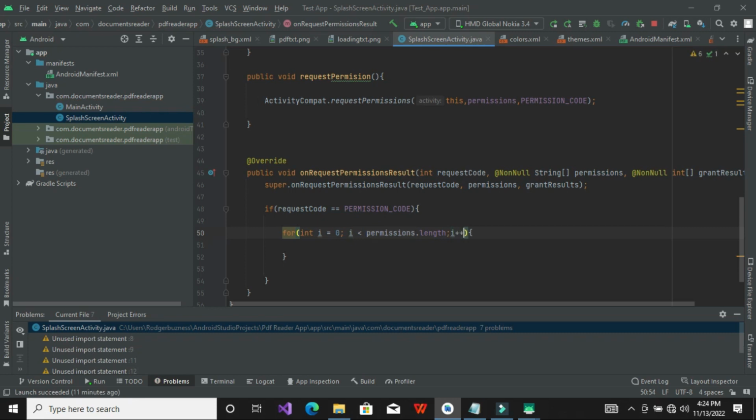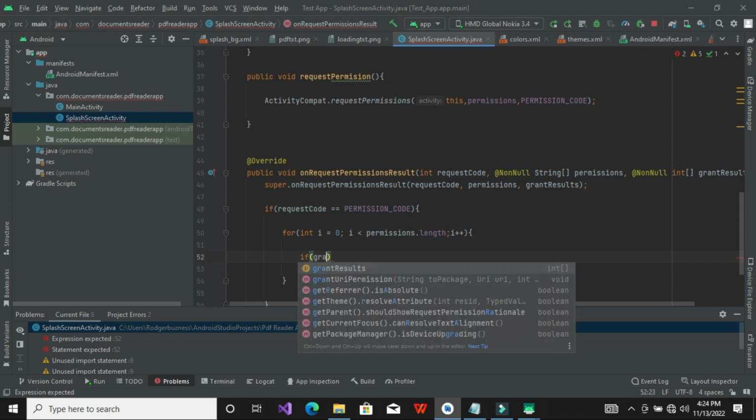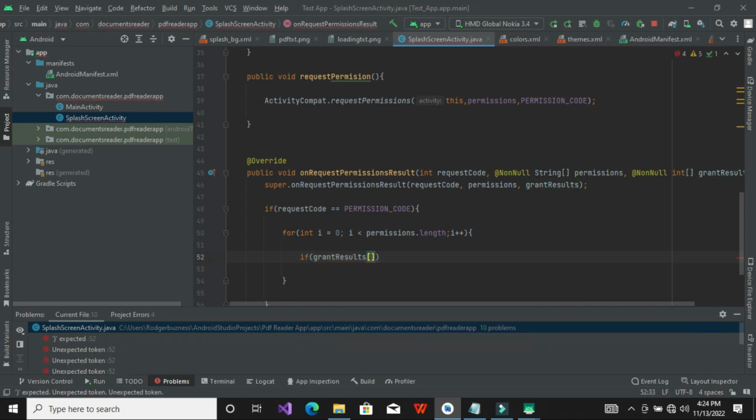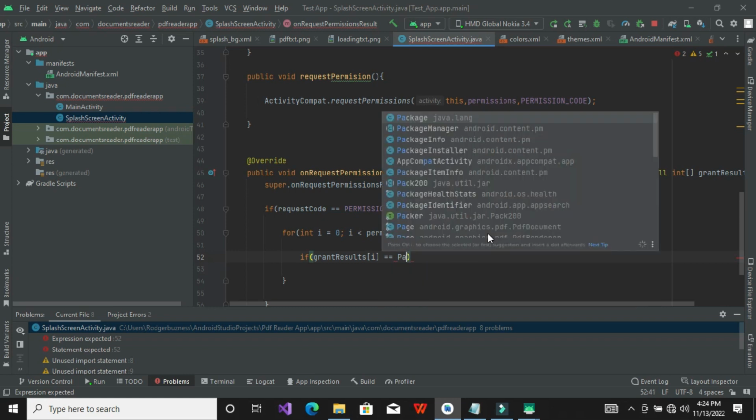After that, I will check if that permission is granted. So if grantResults of i is equal to PackageManager.PERMISSION_GRANTED, then